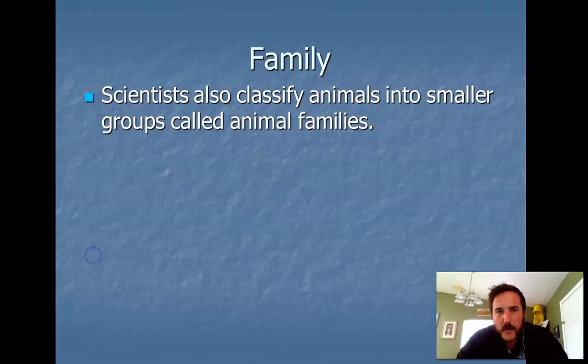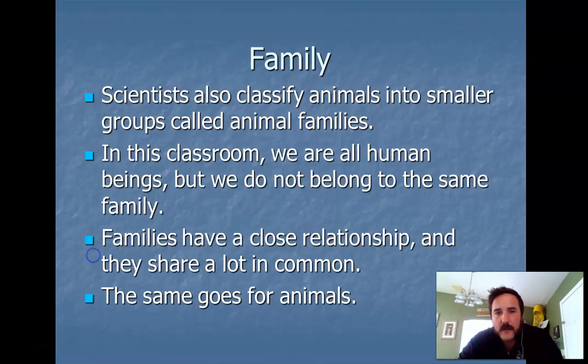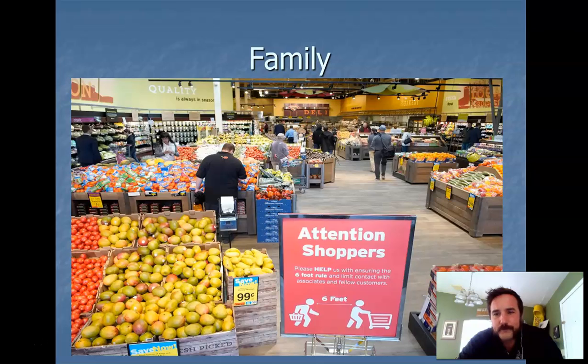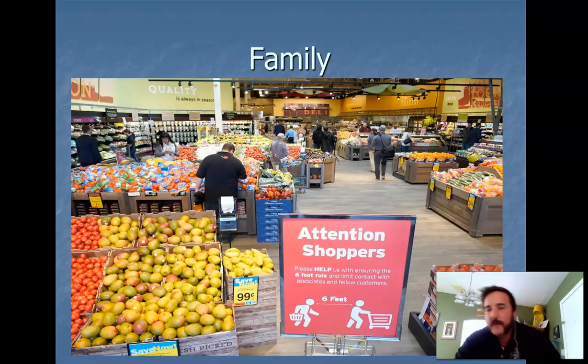Let's dive in a little bit more into animals. So instead of the whole broad giant animal kingdom, they classify them, they organize them into different families. I guess going back to the grocery store, you can probably tell I'm very hungry, but you walk into the grocery store and you've got food from the front to the back and it's just all over the place and it's almost overwhelming. But what our grocery store friends do is they narrow it down, or they organize it is